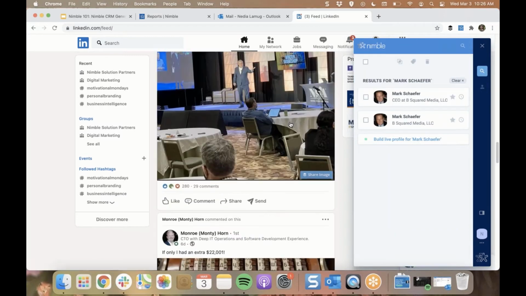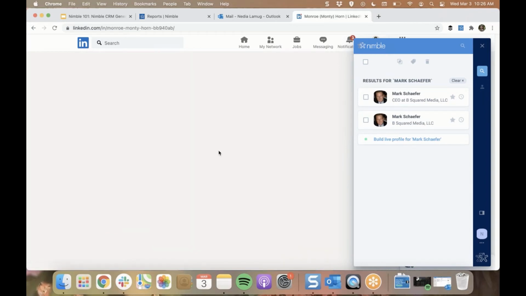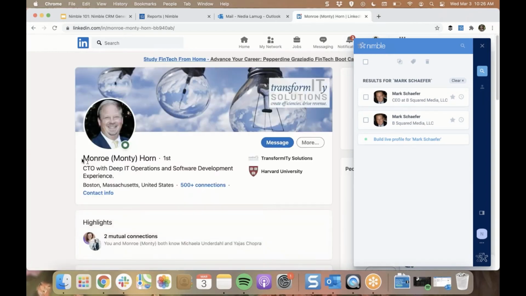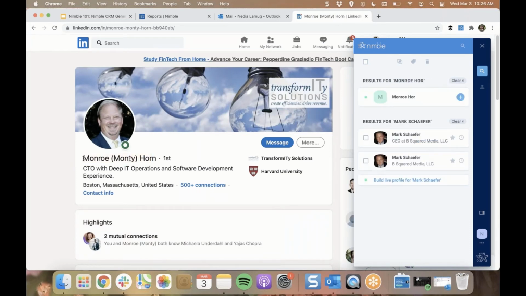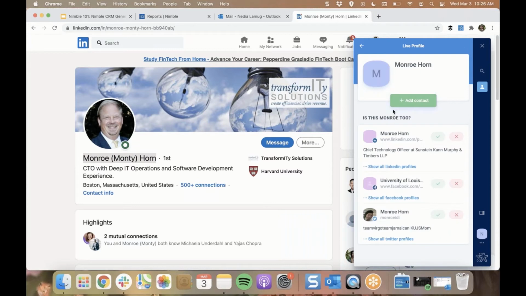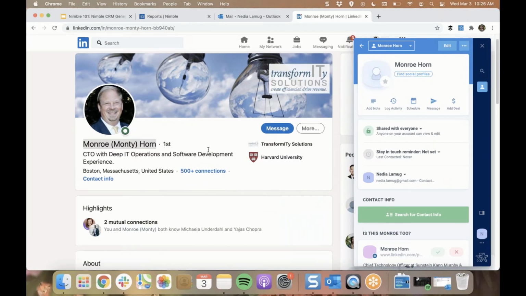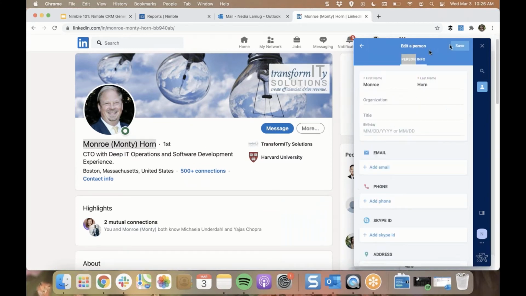See if we could find someone else to pick on. All right, so it looks like, yeah, over here it will show that I don't have him in my contacts, so I'll add him to contacts. And then I will also add, if I want to, you can edit it from here as well. So I can add his organization, which would be